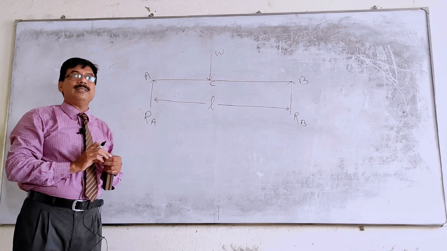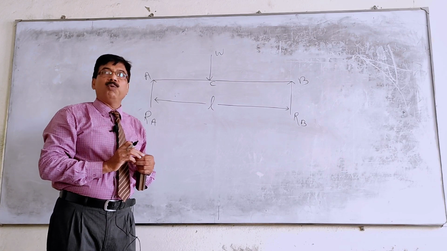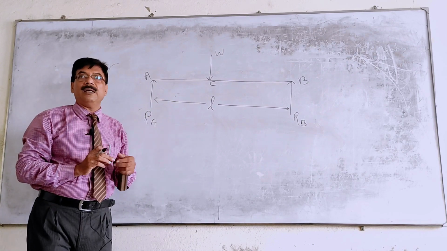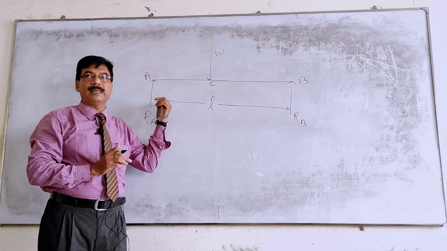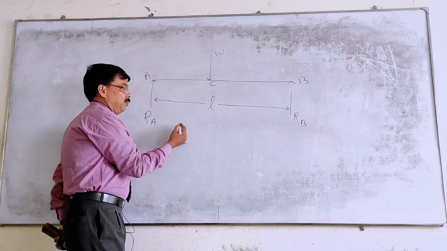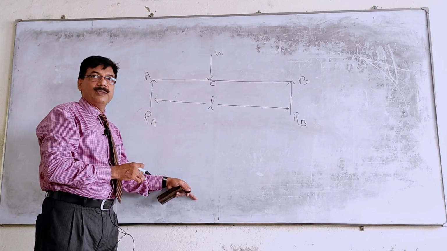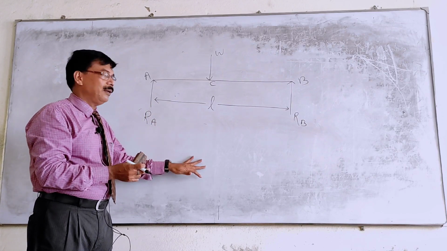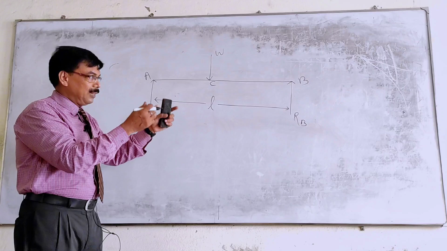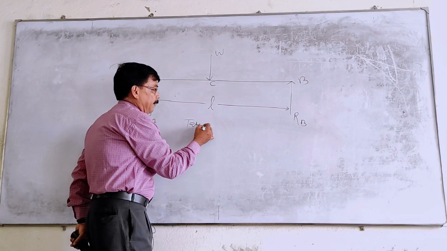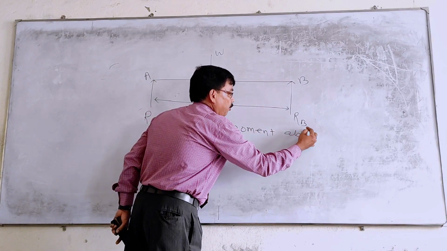Right? So the procedure is taking moment about any one of the supports. Here the support points are A and B. So you can take moment about any one of the points. When you draw this diagram, leave some space below, and on another page you will start your calculation. So on another page start taking moment about any one of the supports.